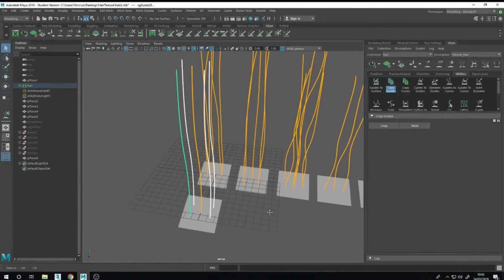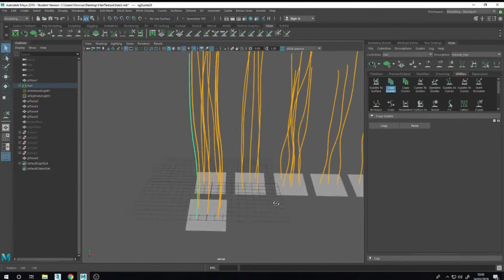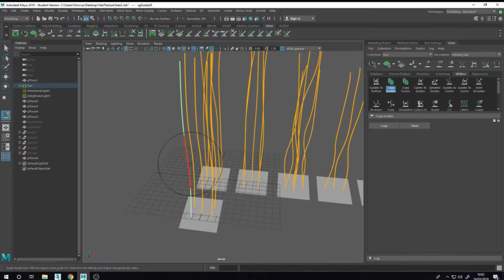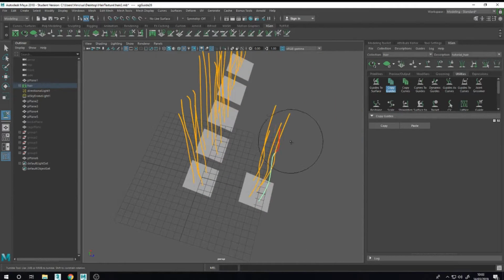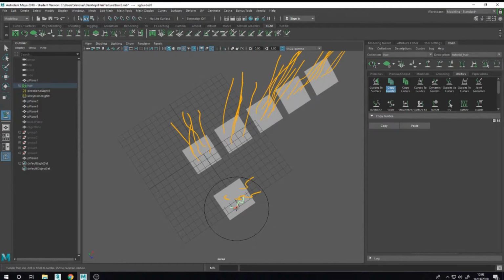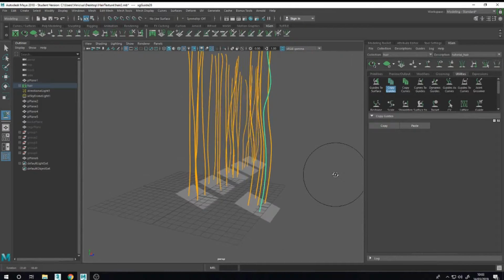Okay. And now for each, I have to tweak manually to have differences. Don't overlap the guides.